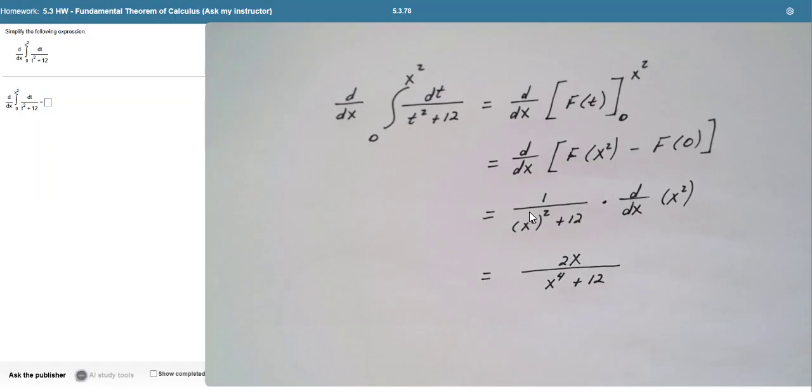And so then my final answer: we know the derivative with respect to x of x squared is 2x. My denominator, after squaring the square, will give me x to the fourth plus 12. And again, remember, the second term is completely irrelevant, because when you take the derivative with respect to x of any constant, you just get a 0. So I get final